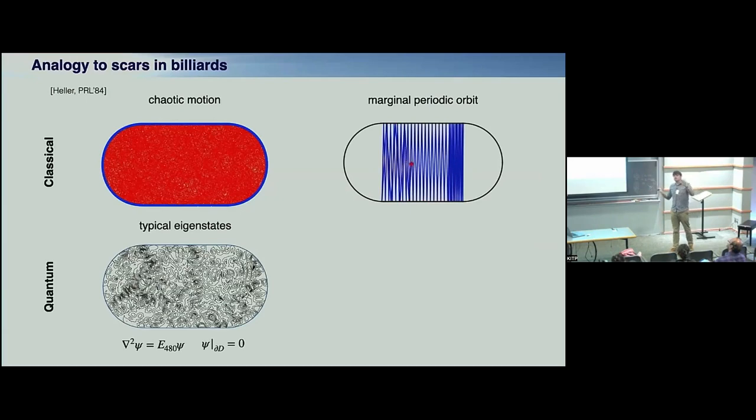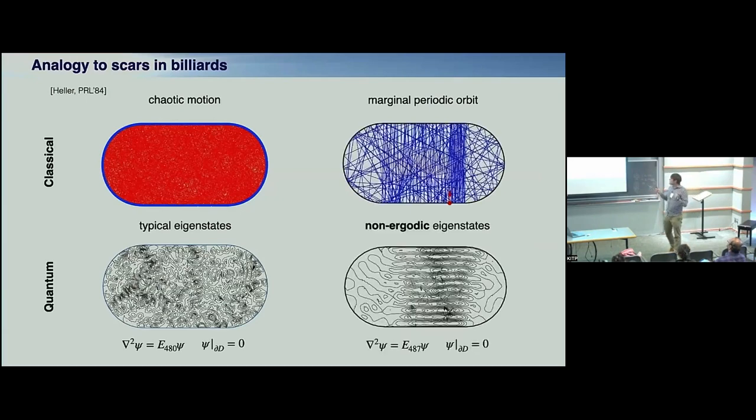Some states would be called scarred, some would be called regular, but since we are dealing with a many-body system, we are not yet there to make these fine distinctions, but I would call them non-ergodic eigenstates, right? And again, they are analogs of, or memories of, these marginal or special trajectories, but also you can do revivals, right? You can take a quantum wave packet like this, shoot it, and then you're going to see many, many revivals. So again, I hope I managed to convince you that this Rydberg system has parallels with both pictures, right? And it's probably legitimate to call it scars.